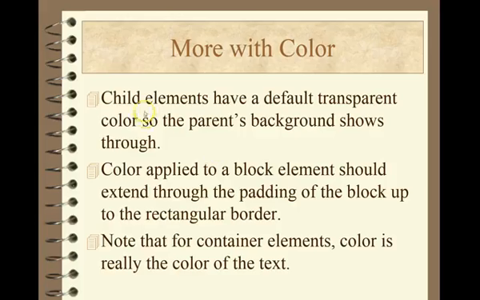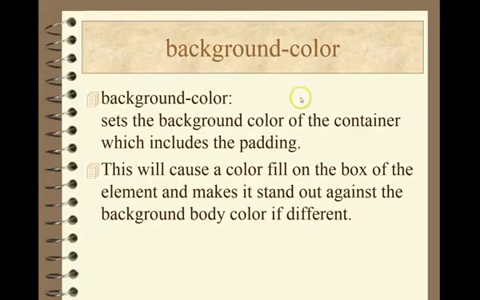Here the idea is that if I put color on a background, like on the body, and I don't put color on other elements, they'll use the body's background, and that's usually what I want. The CSS is cleverly designed so that the inheritance cuts down work for you. If you didn't have inheritance of styles, you'd end up having to sort of tediously specify every bit of style for everything in the page, and that would be a pain. Okay, so we saw the background color sets the background color of the container. That's going to include the padding, and